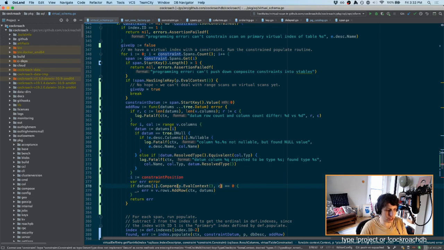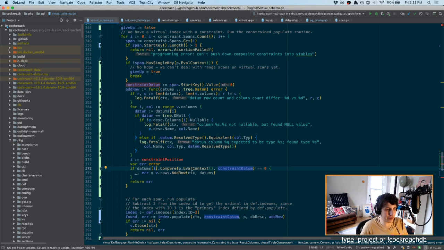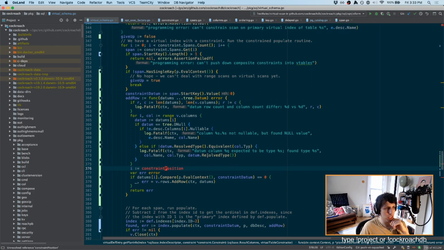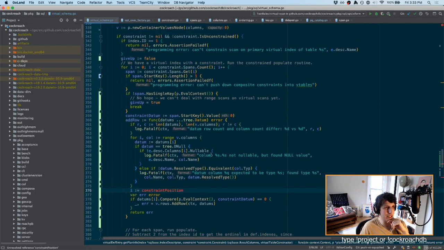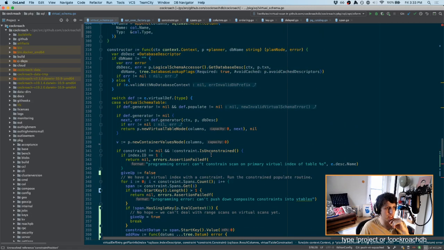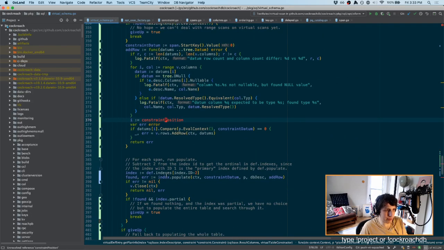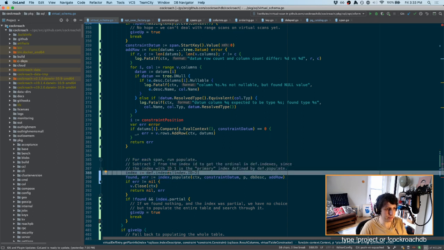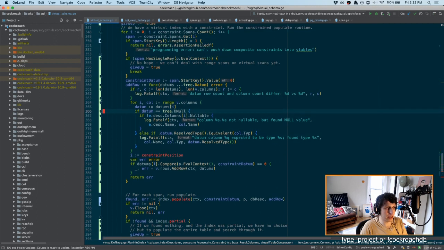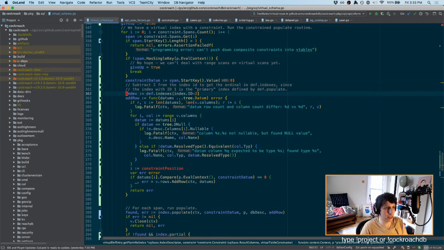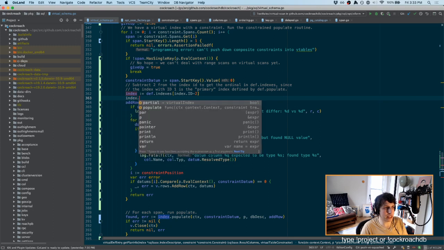All right, so we've got our constraint datum, and now we just need to figure out the ordinal of the column that we're trying to filter. Where do we get that from? Surely we have it here already somewhere. I think it must be part of index. So probably this has to come up over here. Grab this guy, stick it over here. Now what is index? Index is a virtual index. I see. So probably what we need to do